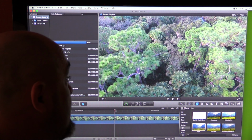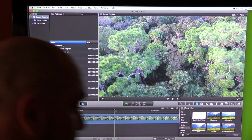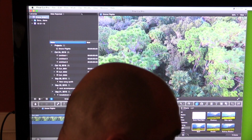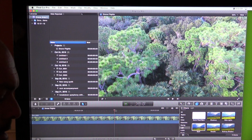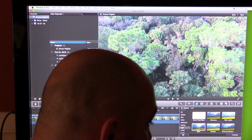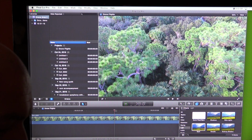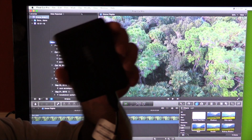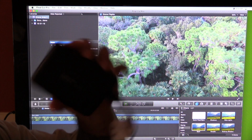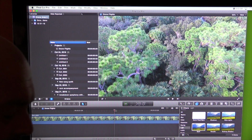And once I load it into my hard drives, which we have a couple different kinds that we use right now. We're actually using some Sony hard drives, and I think I have maybe an extra one I can show you here. The external hard drives basically look like this. This is a 1 terabyte external hard drive, and it's USB. It plugs right in, and that allows me to store the film